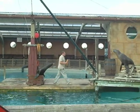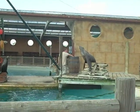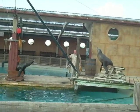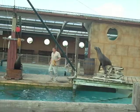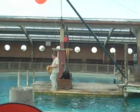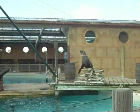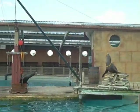Now, they're used to catching fish in their mouth, of course, so catching the hoop over the head is a little bit different, but the idea is still the same, judging how fast it's moving, where it's going to move to. When we flip the hoops, they're a lot more difficult to catch. When we do this, the sea lions have to adjust their head at the very last second, so the hoop goes over